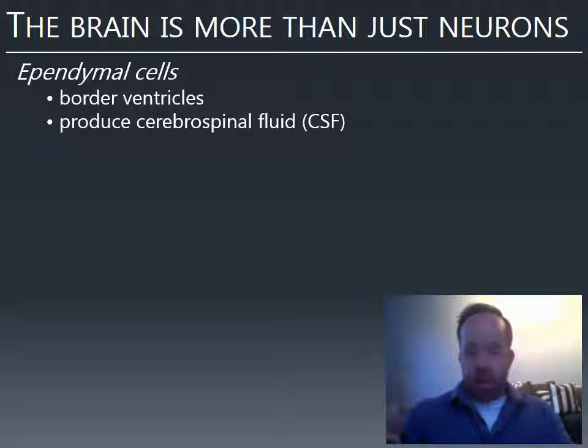So your brain is obviously sitting inside your skull, but it's not an air-filled cavity. It's not surrounded by air, it's surrounded by fluid. But it's not blood either. Your brain is surrounded by this cerebrospinal fluid that cushions it and moves nutrients around, gets rid of waste products. But it's different from blood. But there are glial cells that produce it, because it has to get recycled, has to get cleaned out and filtered every now and again.